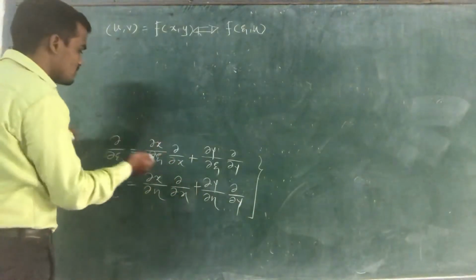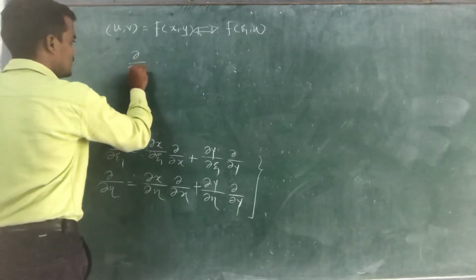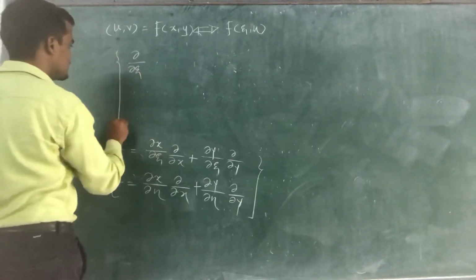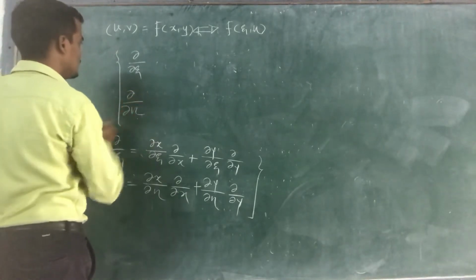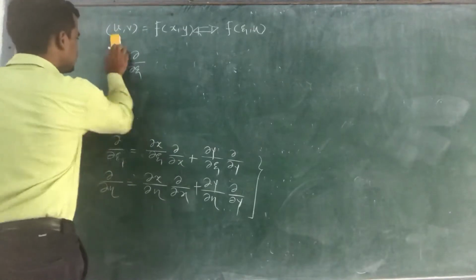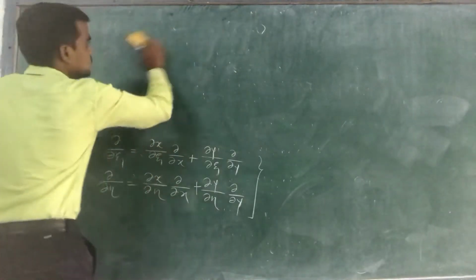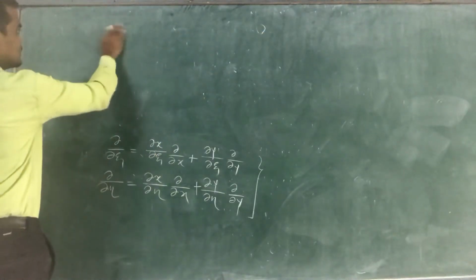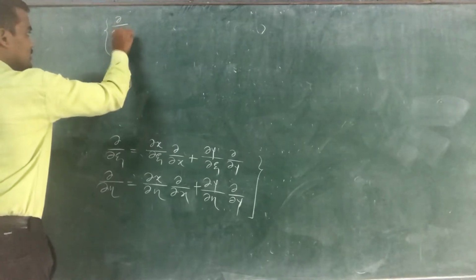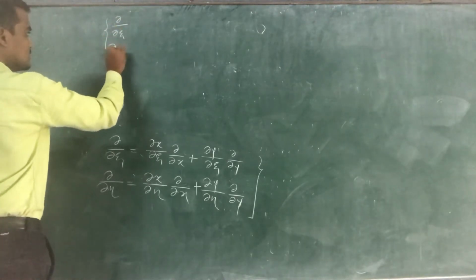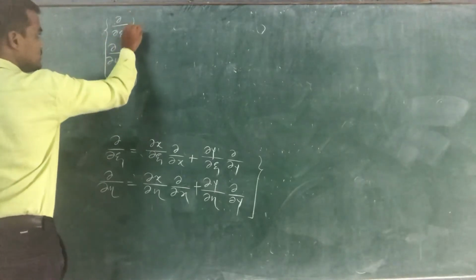So in matrix form, ∂/∂ζ will become the first vector, and ∂/∂η. Okay, one second. ∂/∂ζ, here we will write ∂/∂ζ, and the second thing is ∂/∂η. So this will become equal to